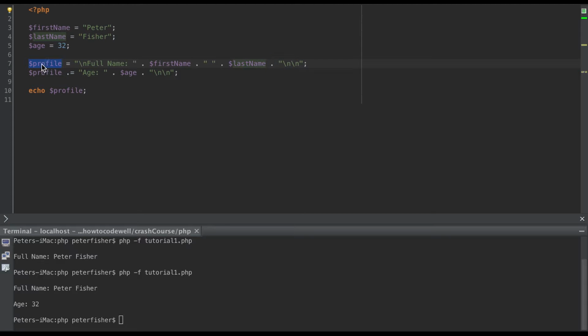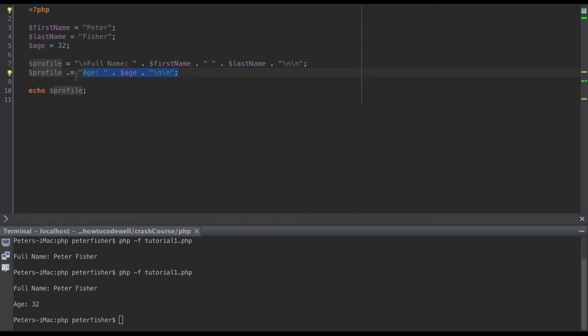So that we've assigned profile that value, that whole value here. Now we've then said profile is a concatenation of profile, and that is this period here. And we're saying that profile, basically what we're doing is saying profile equals profile plus age is equal to 32,